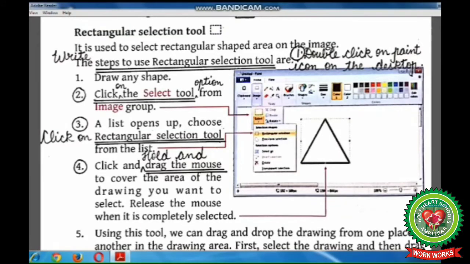Second step is click on the select tool option. Number 3, click on rectangular selection tool. And number 4 is hold and drag the mouse.